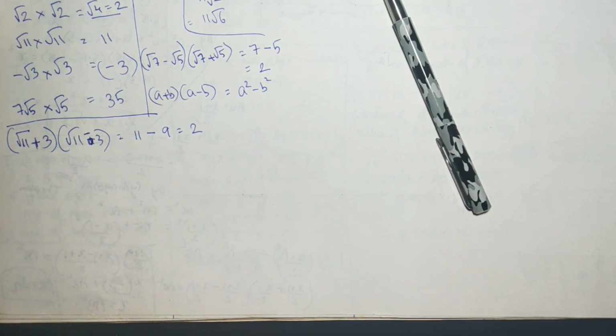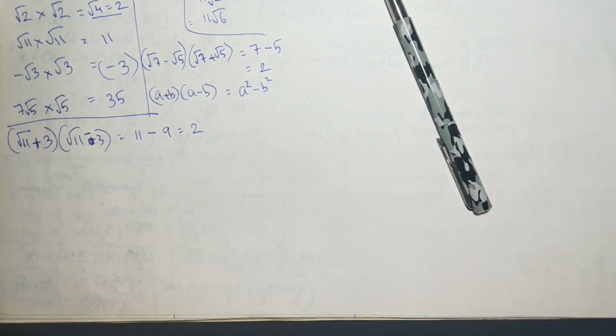Now, why have we learned this? Because we actually have to rationalize the denominators. If there is an irrational number in the denominator, it means you have to divide a number by an irrational number. We have already seen that multiplication with an irrational number is so difficult. So just think what division would be like. You have to divide a number by an irrational number. It is a pretty difficult job. So we will rationalize the denominator so that our division becomes easy.